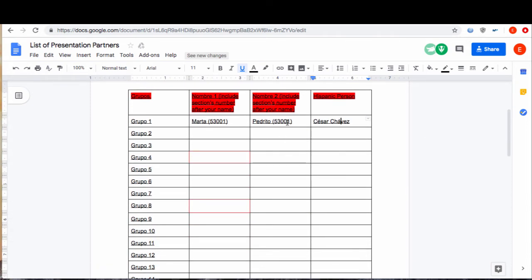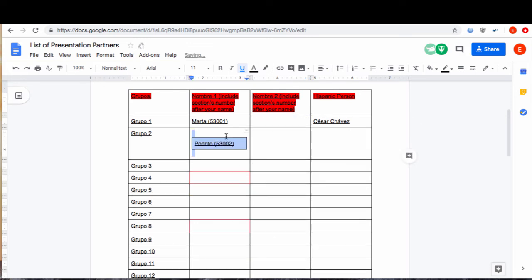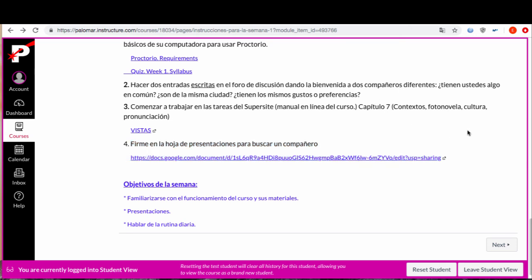Now, if Pedrito was in another section, this would be a problem because they're not in the same class. So then Pedrito could not work with Marta. He would have to write his name in another group. So another student writes his name by him. So that's what you have to do. And at the end, you have